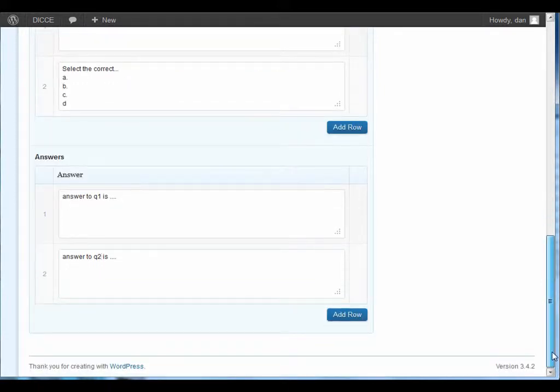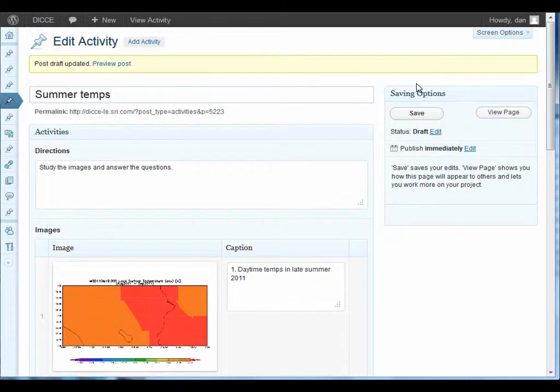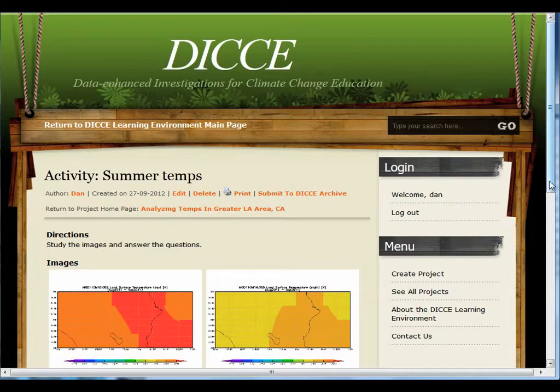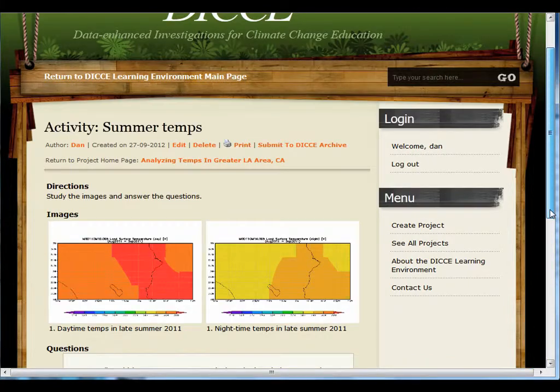Okay, now let's say I've done enough for now. So I save this up here where it says saving options. And now I click view page. And now it will show up in the viewer. This is what I have so far. And if I want to go back to the project homepage,